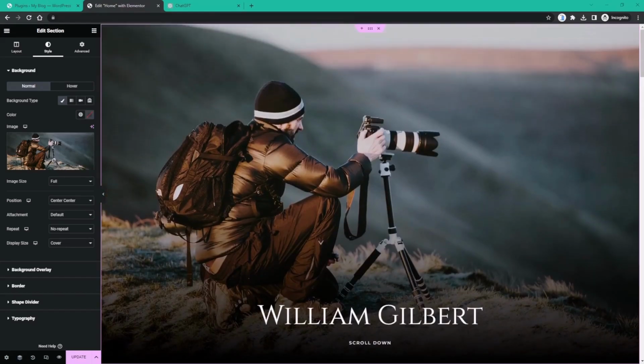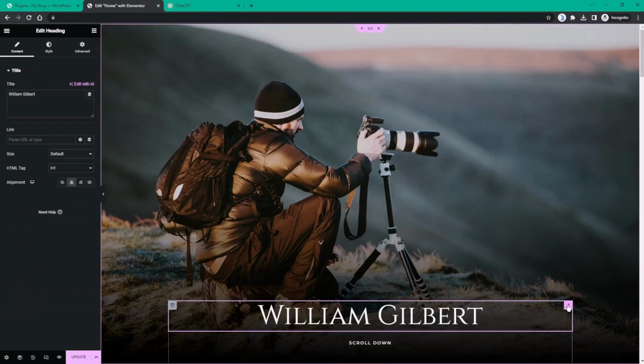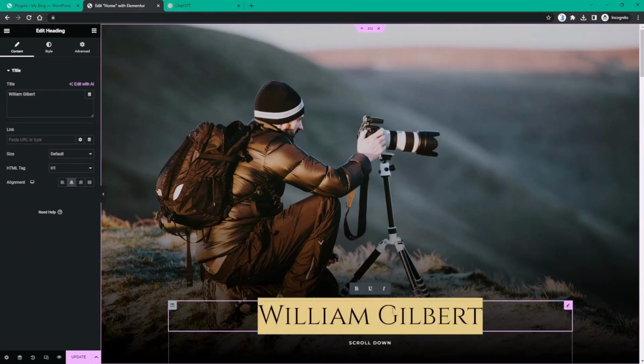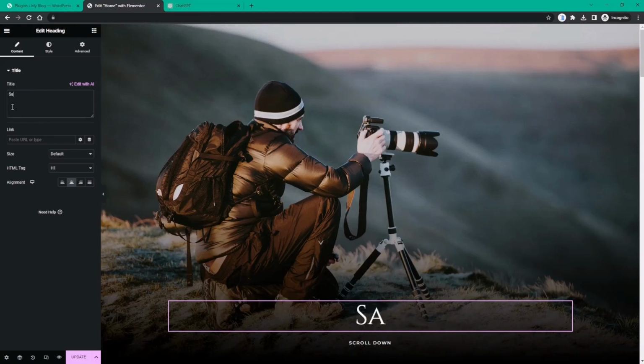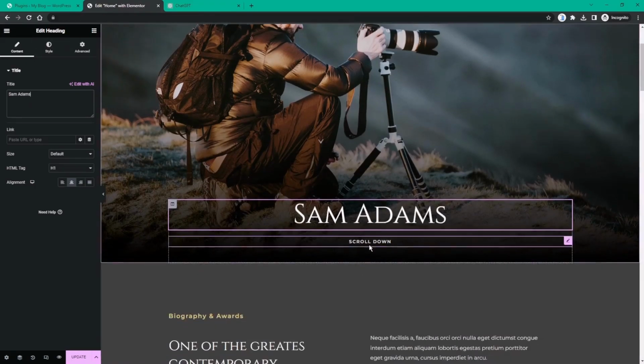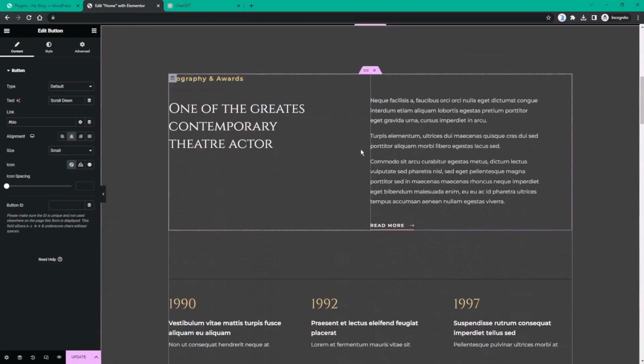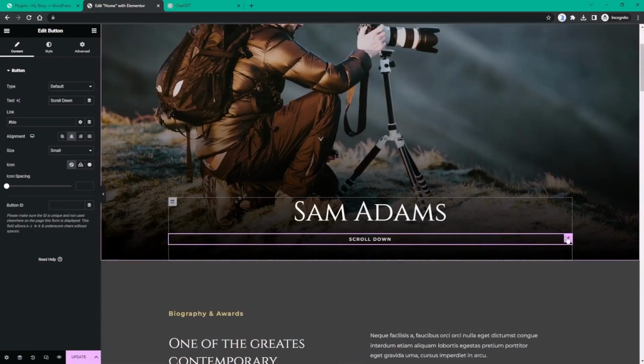We also want to change the text over here because my name is not William Gilbert. I'm going to click on Edit Heading, or I can simply click on the heading itself and double click to highlight, but I'm going to click on Edit Heading, and on the left hand side here, I'm going to change this to Sam Adams, which is not my real name, but it's just a dummy name for now. Sam Adams, scroll down. I can click on this button,